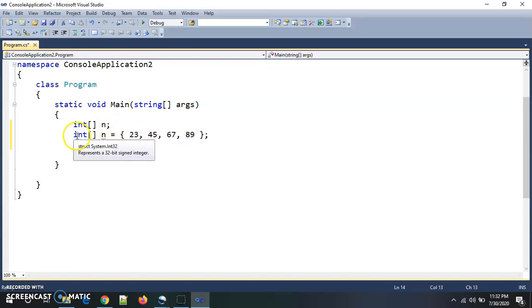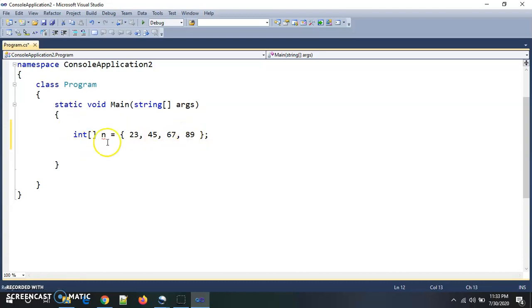So here I am declaring the array as well as initializing it by using curly brackets and giving the values of that particular data type. Here int is the data type, n is my integer array, so I am giving integer values separated with commas. In this way we can declare any type of array and initialize it as well. If my array is string type, then I need to give string constant values which are separated by commas.